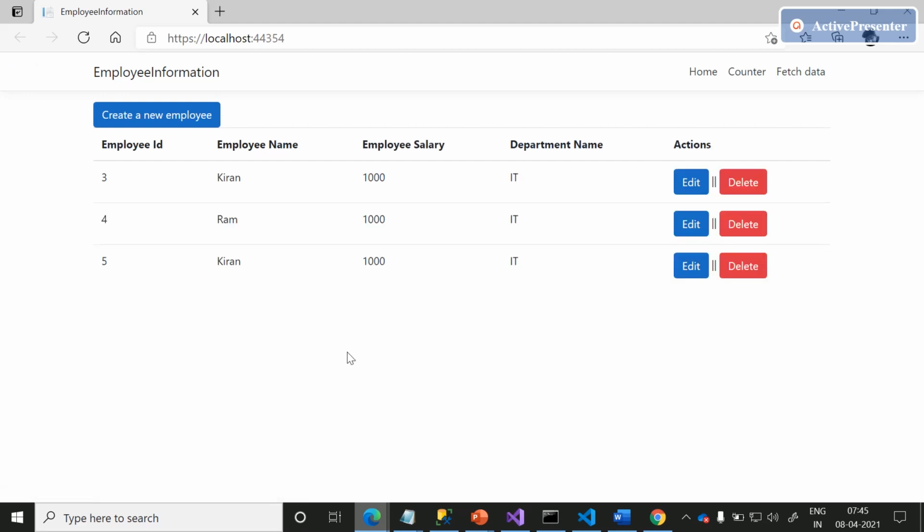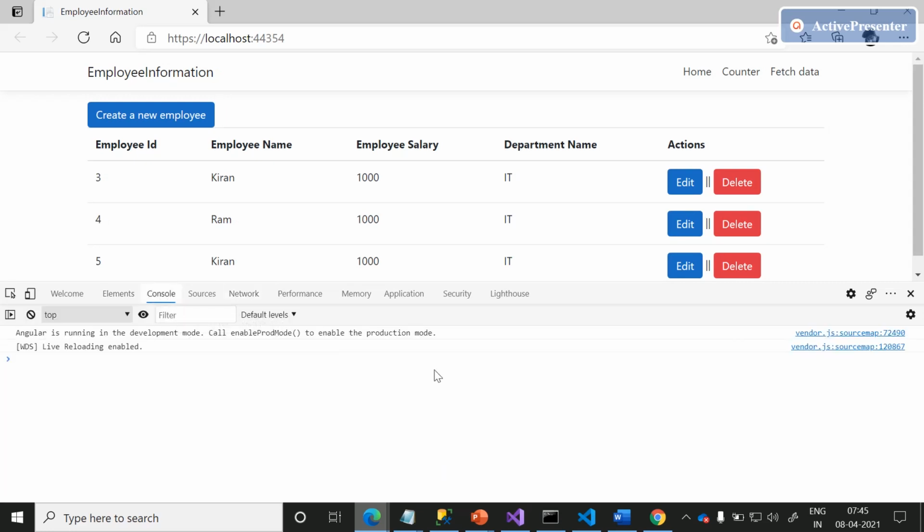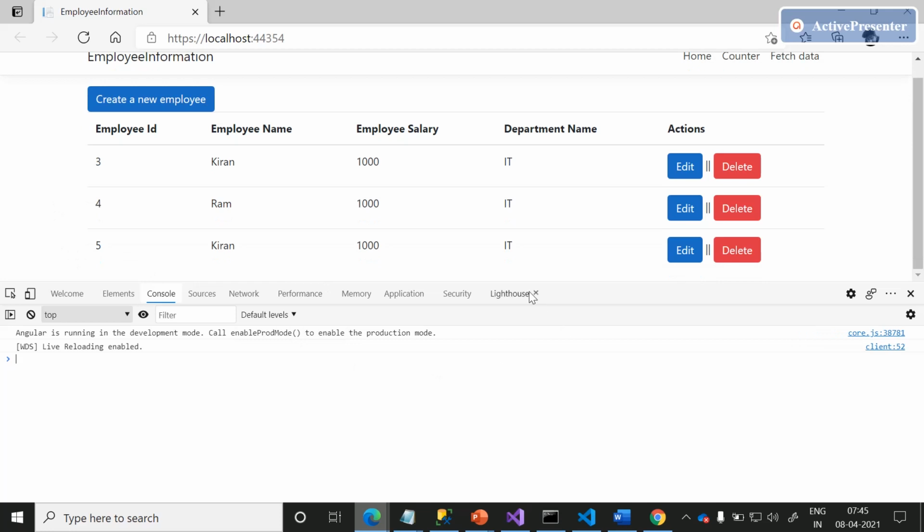As a developer, if we want to debug and see the console, we need to press F12 to see the developer console window. This is called developer tools, readily available in Edge or Chrome. This is a console area where we can see all our console logs, warnings, debuggers, or errors, anything. Multiple properties are available in this console. We'll discuss in detail in our upcoming session. For now, let me just show you.